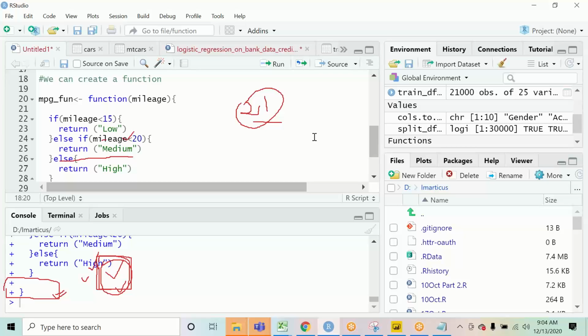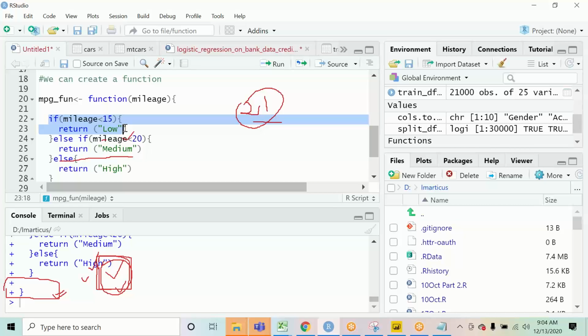Suppose the mileage was 13. In the first condition itself, it will verify that yes, this condition is true and it will give you the output as low. So we are checking the condition at each step.